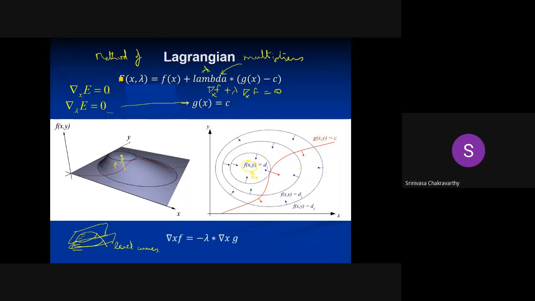Now, if I'm anywhere on these dotted curves, my value of f is constant, because that's how we have chosen those curves. So on this curve where f is equal to d3, I get two solutions where it intersects g, at this point and this point. That's nice, I have two solutions, but the point is d3 is pretty low.